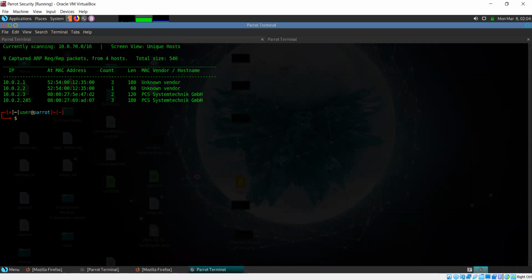So I have one doubt. Actually, we have used netdiscover to scan the IPs. But what do we use to scan IPs of another PC?